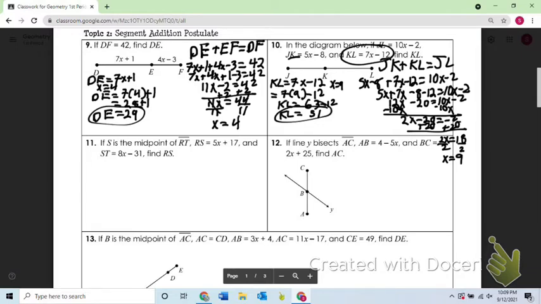Now, S is the midpoint of RT. So what I like to do is, if they don't give me